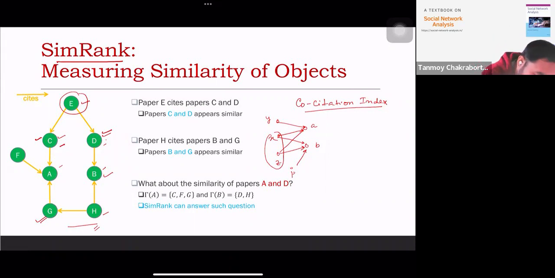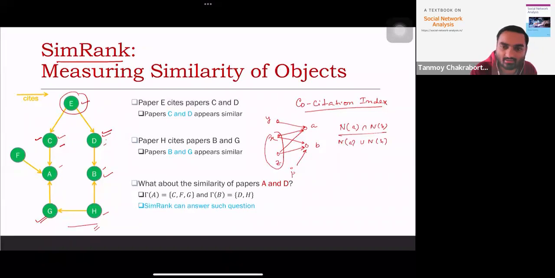So this is basically the neighbors of A intersection neighbors of B, divided by the neighbors of A union neighbors of B. A very simple Jaccard coefficient, right? This is called the co-citation index. Similarly, the reverse index is called bibliographic